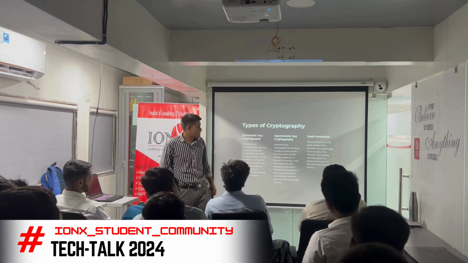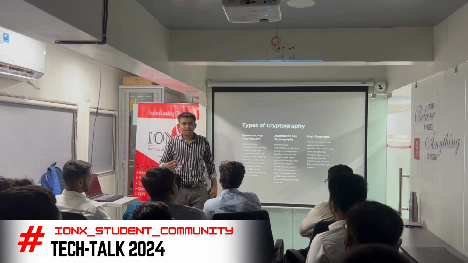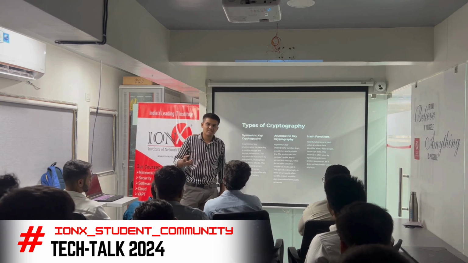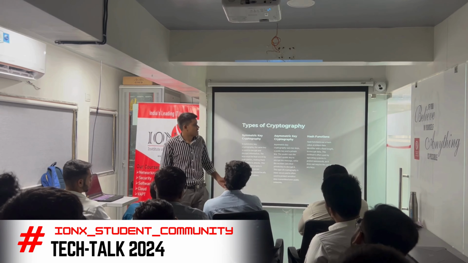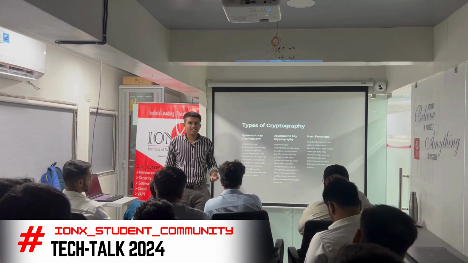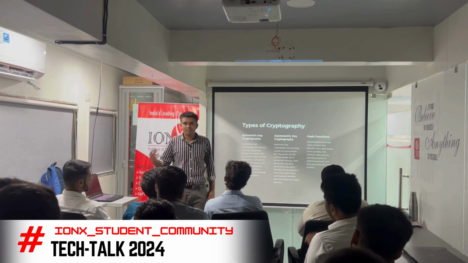And asymmetrical cryptography uses two keys, a public key to encrypt and a private key to decrypt. It's usually used in public networks to protect sensitive data over the public network. And hashing function uses a unique number identifier to encrypt the data. It is usually used in operating systems to encrypt the password.